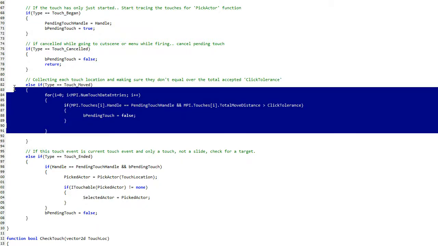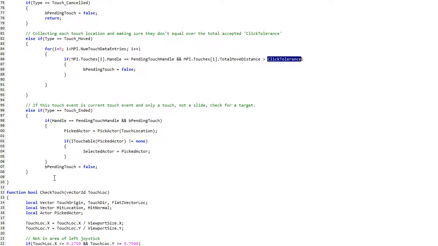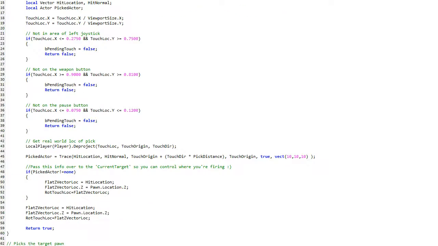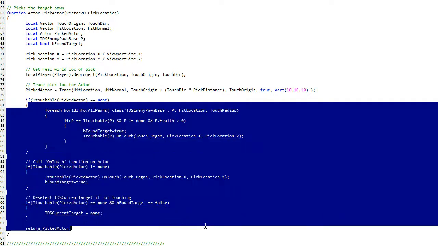If it's moved, we do a check to make sure it's not over the click tolerance. And then at the end of it, once we release our finger, we check to see whether the selected actor was the pick actor touch location. Now pick actor is down here. This is actually from the UDN. I stole it from the UDN, but it was a bit buggy, so I actually improved it. Fair play, Nige. So anyway, what this does in essence is it just checks to see whether it's TDS's current